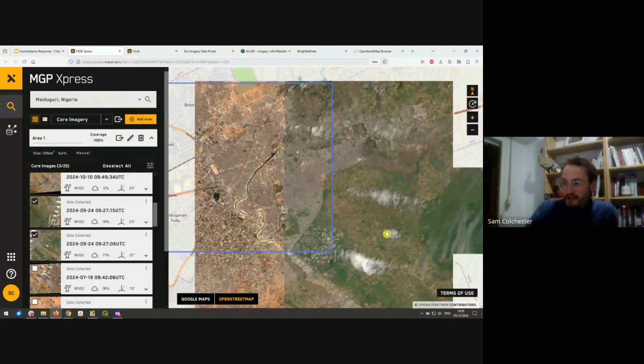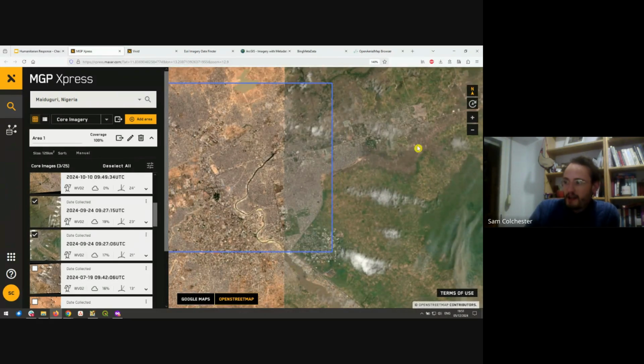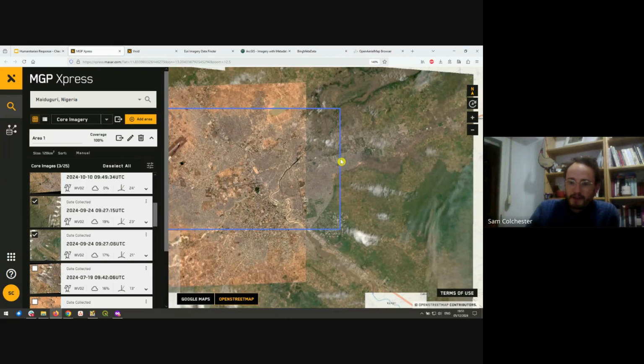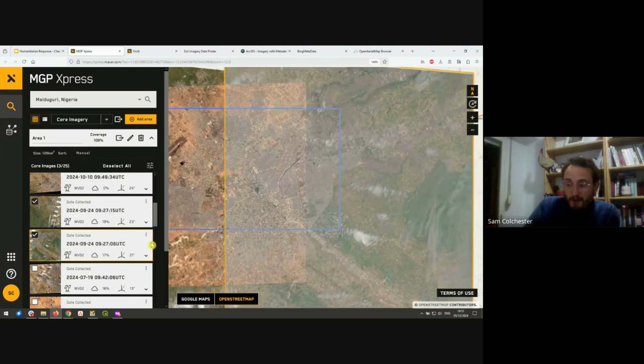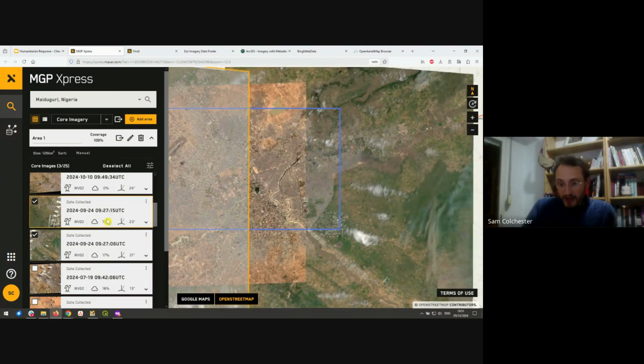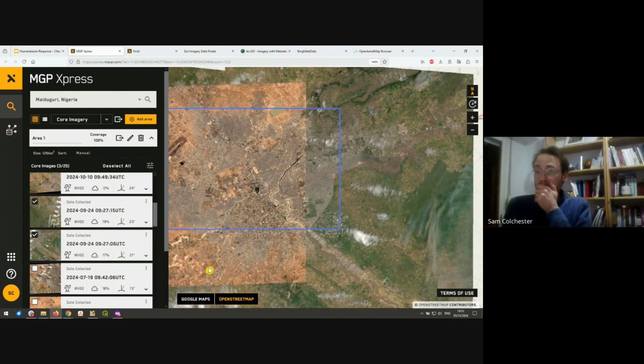So now it's creating a patchwork of scenes. If you wanted to, you could copy a couple of those image IDs and share those. Okay, I do want to jump to something, because I think particularly for this response in Nigeria floods,